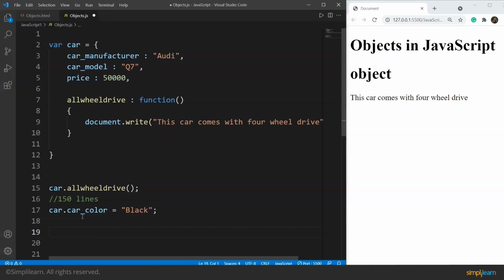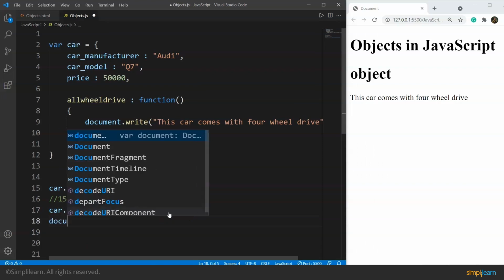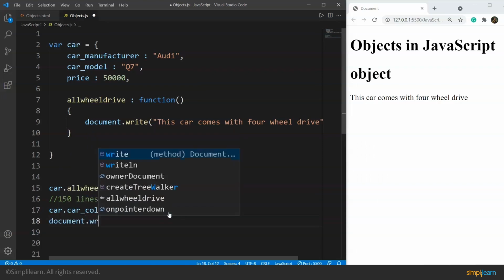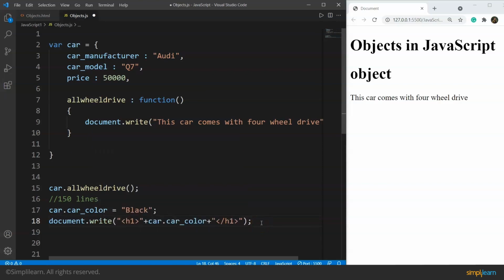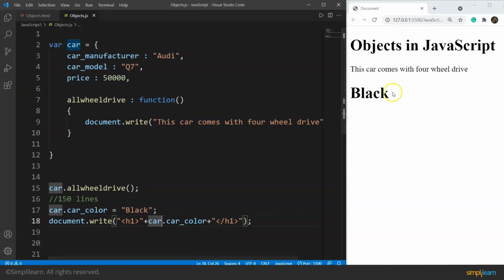We can check it. Let's print it out on the browser. We'll write document.write, so you can see we have used the document.write method to print this car color on our browser. We have used car.carColor. Let's save this program now and see. Here you can see the output is black.